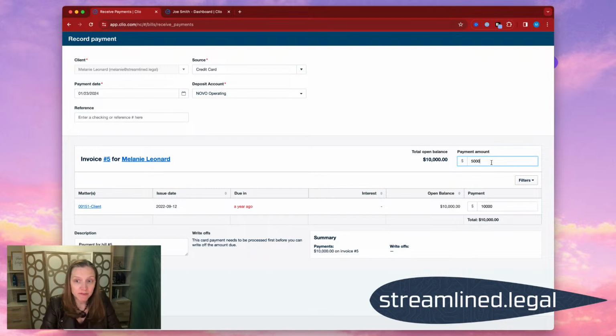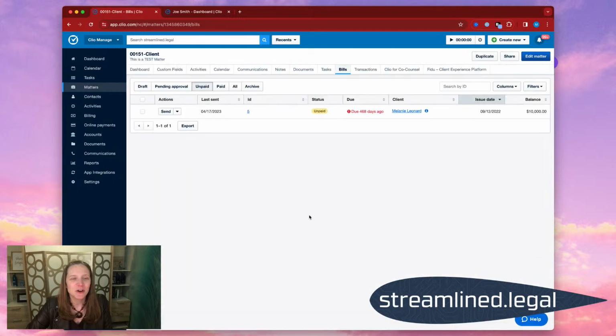I'm going to pay $5,000, and then the co-client's going to pay the other $5,000. If that happens, now we have to figure out how to get that co-client's information into this bill. So here's the workaround. Here's the trick. Until such time as Clio allows you to either charge multiple credit cards or have multiple clients on a matter, which is coming soon according to their announcement at ClioCon,